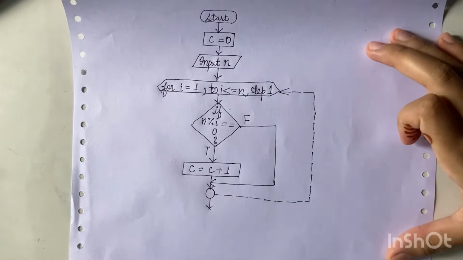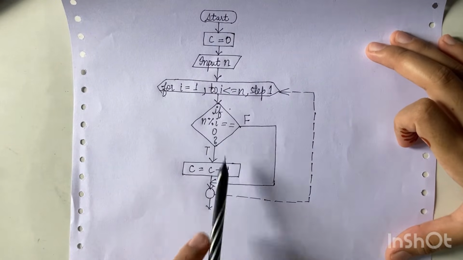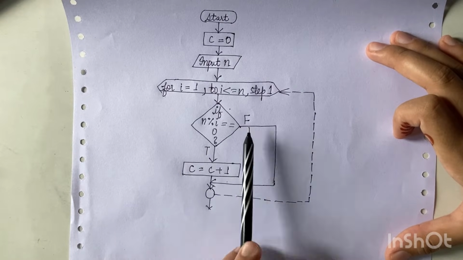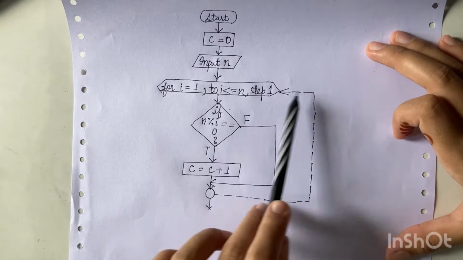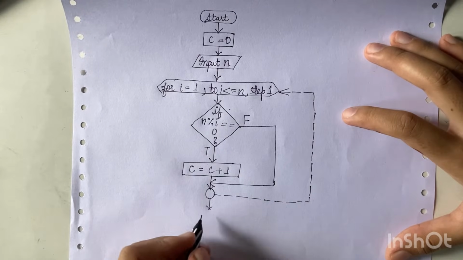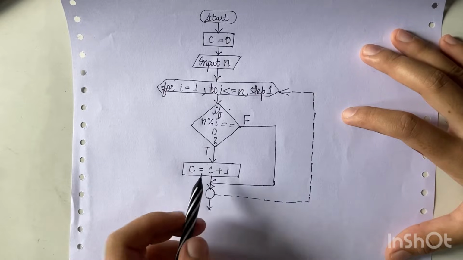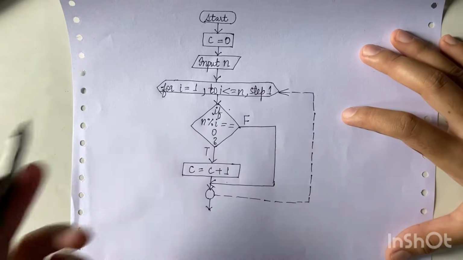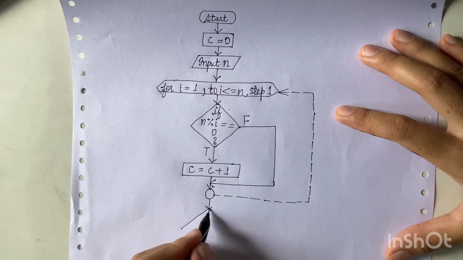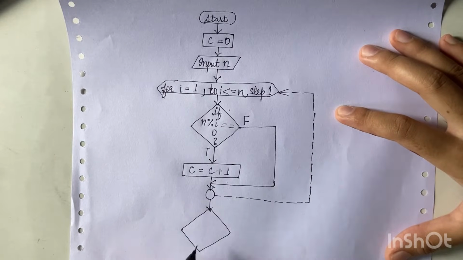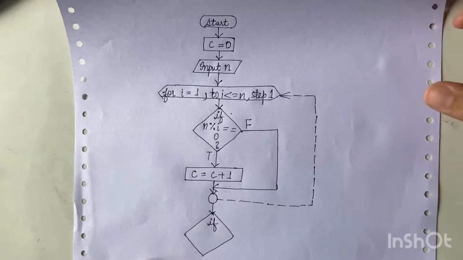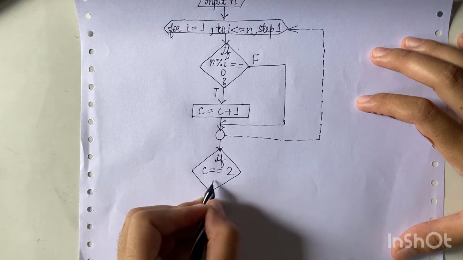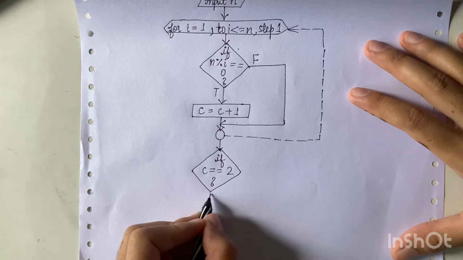So this is the for loop. We've checked the condition. If it is true, we'll increment the value. If it is false, then it will go back again. Then after the for loop is complete and this condition is false, it will come out of the loop and checking is done. If this value of C is incremented by 2, that means if C is equals to 2,